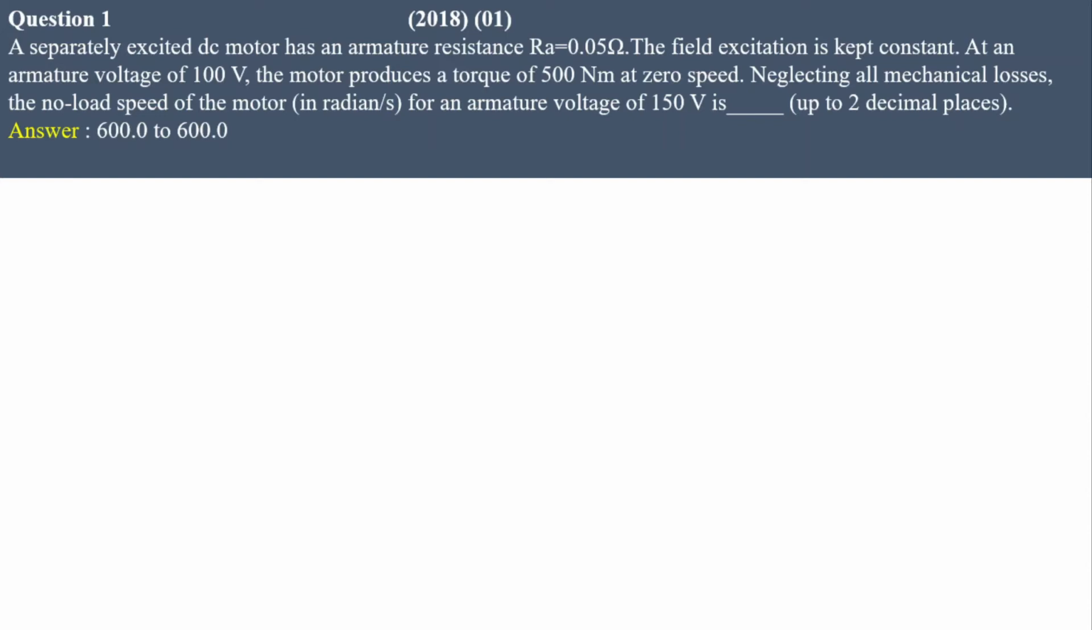A separately excited DC motor has an armature resistance of 0.05. Field excitation is kept constant. At an armature voltage of 100 volt, the motor produces a torque of 500 Newton meter at 0 speed. So Ra is given as 0.05 ohm, omega is 0 and load torque is 500 Newton meter. Neglecting all mechanical losses, the no load speed of the motor in radian per second for an armature voltage